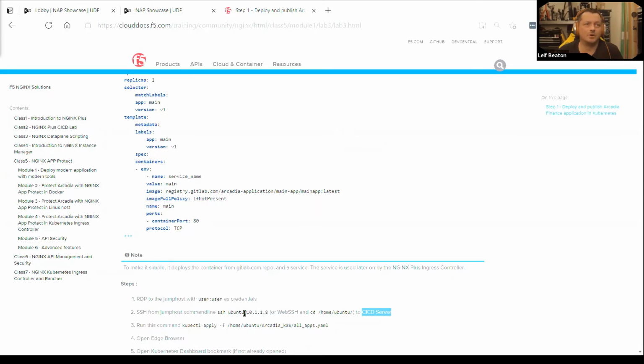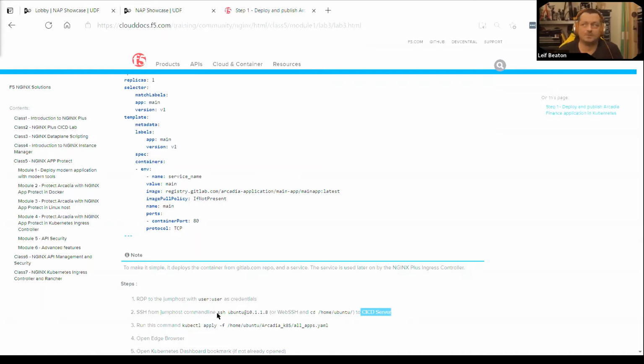Please make sure, either by the IP address or by the reference to what server it's talking of, that you're working on the right system. You wouldn't really be able to break anything because the commands we're going to be running on the CI/CD server wouldn't run on the Docker host, and the commands we will be running on the Docker host wouldn't run on the CI/CD server. But just to avoid confusion, make sure that you observe what system you actually are intended to go to.